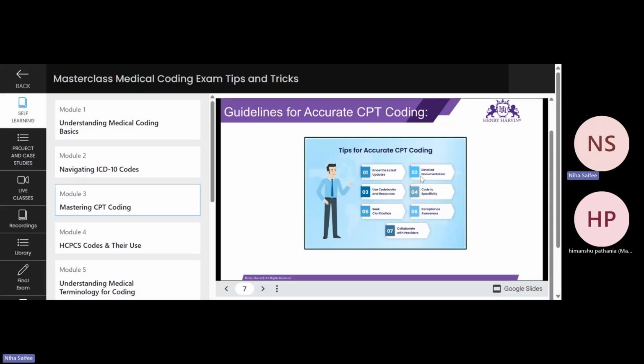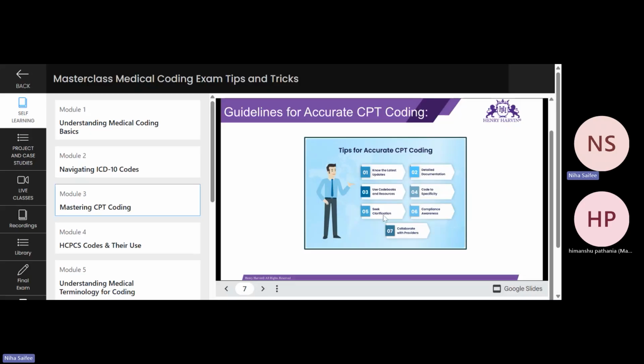So that is what we've already discussed. You need to have detailed documentation. You need to know your latest updates in your CPT codes. Use code books and resources. Code to specificity. Be as specific as possible. Seek clarification if there is some doubt in the